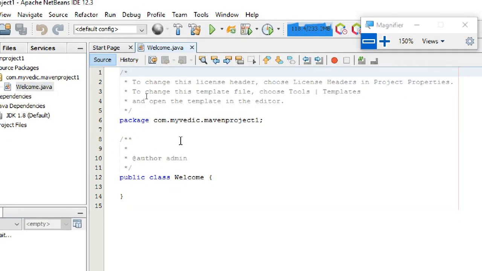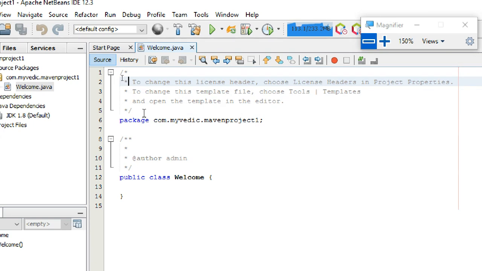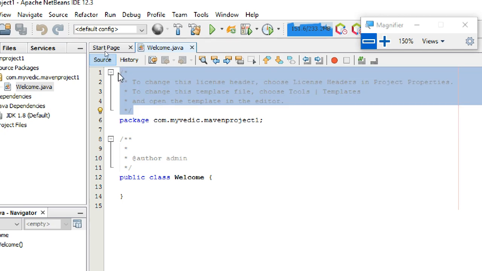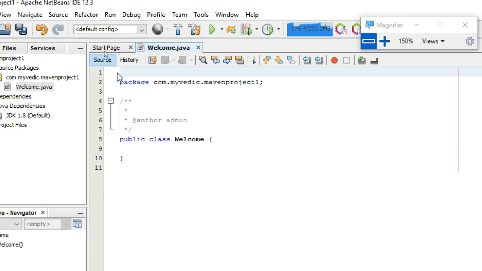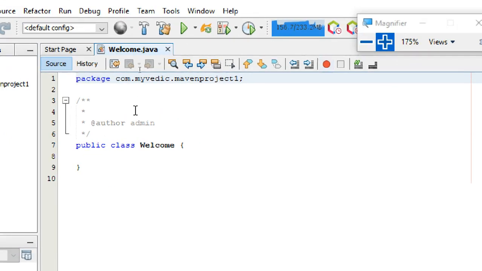There are a lot of beautiful things you can learn from this one. These are the comments mentioned in Java like this. If you have more lines, then you have to put slash star and end with star slash. This is the comment thing. Currently I'm removing it because space is not enough.